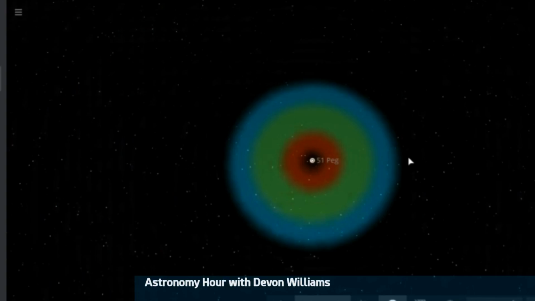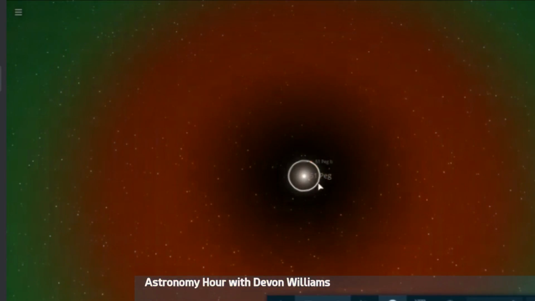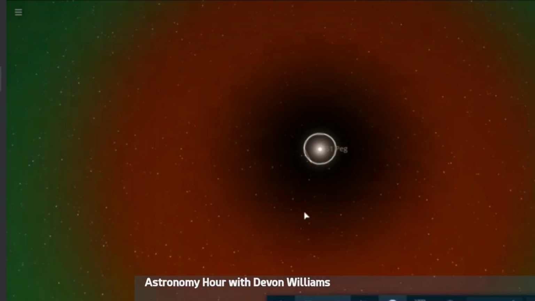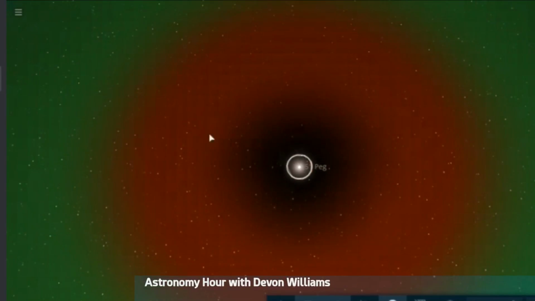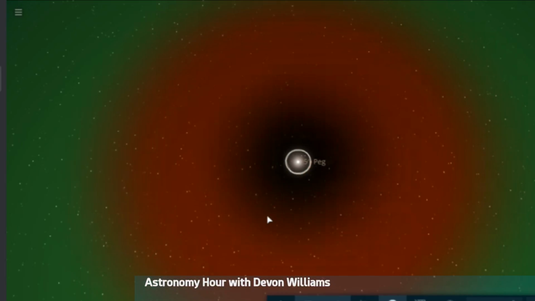However, it is likely that there's been a third body that interacted with this system and eventually migrated this planet inward. It could have shot it in on an elliptical orbit and eventually became circular. It could have been very much the case that it already had inner planets, and what happened was that 51 Pegasi b, because of its massive gravitational influence, being half the mass of Jupiter, was able to just absorb all of those planets and take in all of that mass as well,